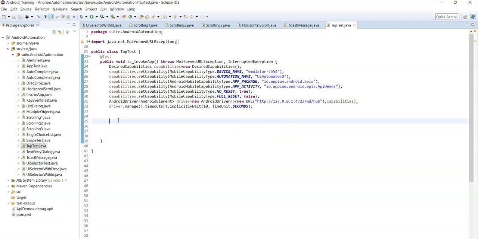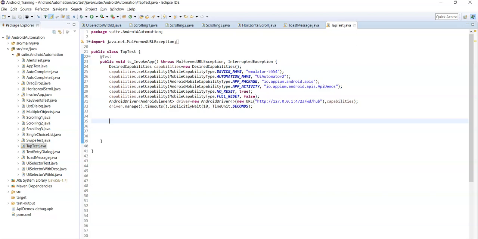Tap is similar to the click method, right? We generally tap on elements in your mobile app. You can use the click method which we have seen in previous examples, or you can use the tap approach as well. If you want to perform a click or tap action, you can use either of those two approaches.